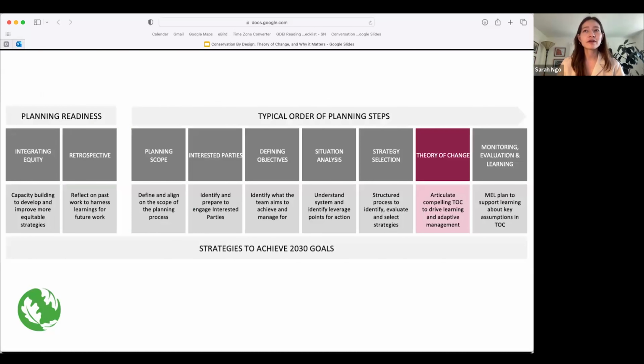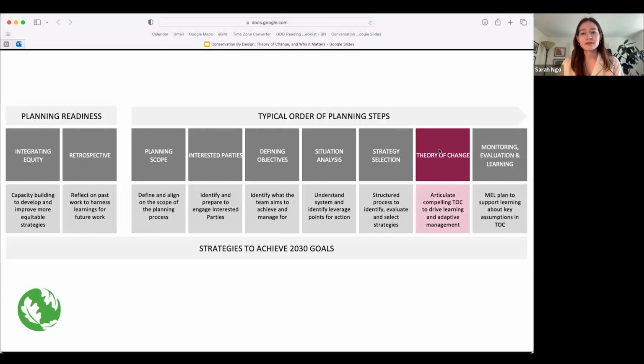In terms of the Conservation by Design system, it is one of the two culminating modules in the system. So a lot of these other module steps are meant to have preparatory conversations that support you in coming together to articulate your theory of change. And so, the theory of change module itself is